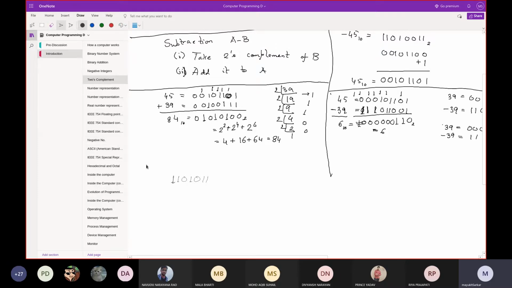How we represent any binary bit pattern is completely at the user level. It is completely how our application represents it, what the protocol is to represent any binary number. There we have seen that we can consider this number in two ways. Either we can consider this as a negative number,